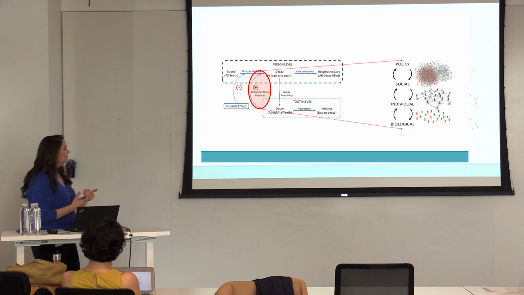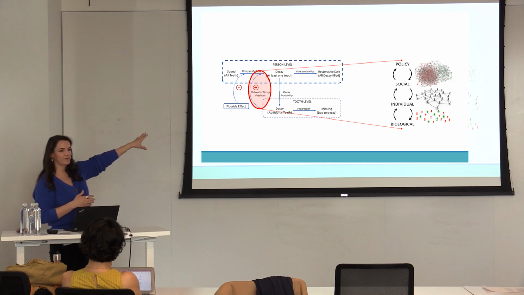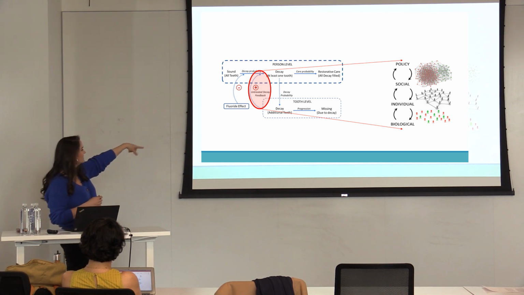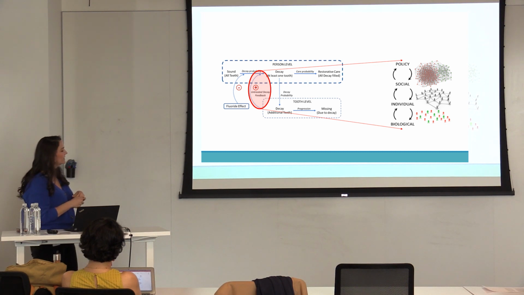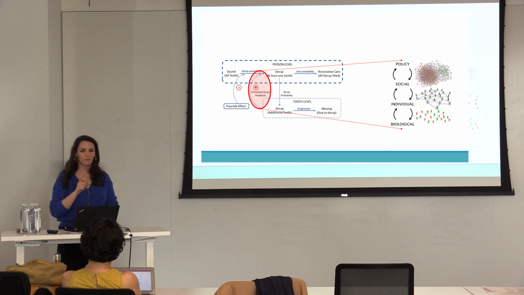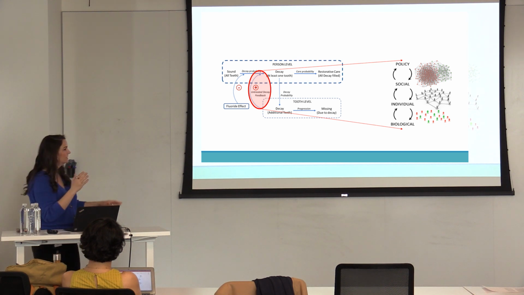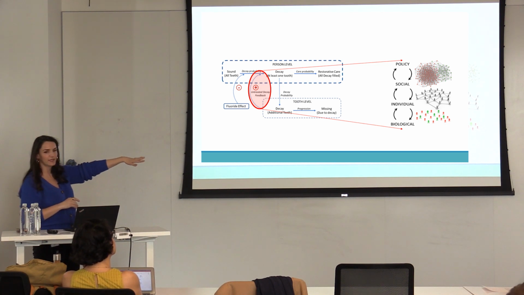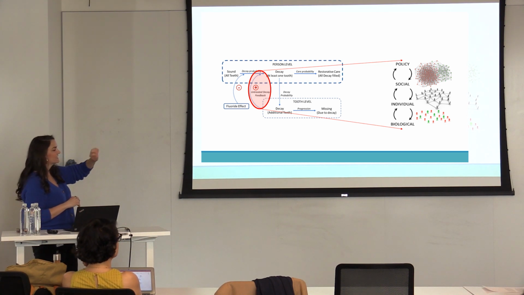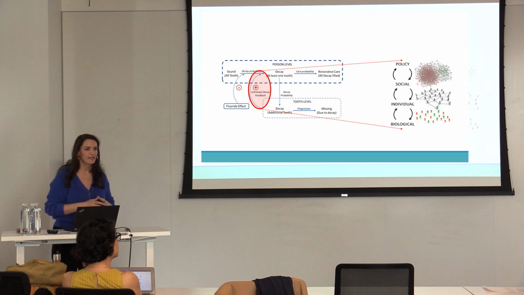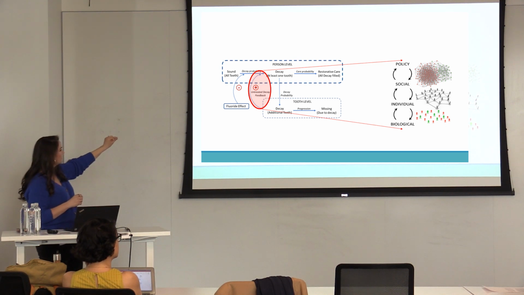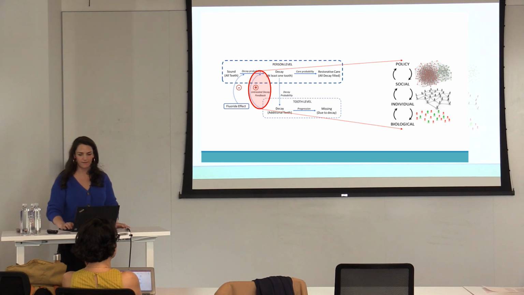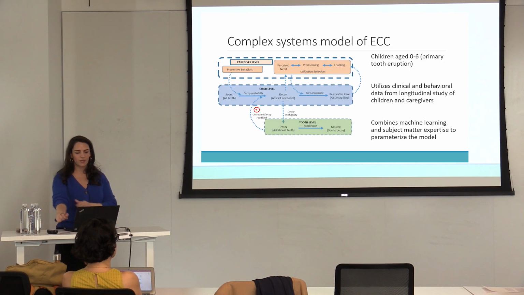So this is a really simple model. We're only talking about the person and the tooth level, but the strength of this untreated decay feedback loop is attributable to higher level influences. So we already have biological and individual levels to some degree, but then there are social influences and political influences, and you can parse out the strength of that feedback to those levels. And that's what we're trying to do right now.